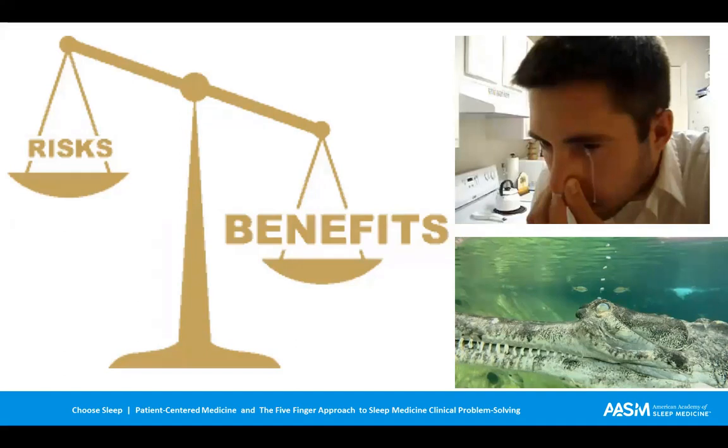For example, one patient was provided with AutoPAP 5 to 20 through a nasal mask, only to have the experience of retrograde airflow through the lacrimal ducts when trying to use the device. That's what the graphic's about. You see the crocodile with his air coming out of his eyes, and the gentleman above seems to be able to produce that on demand. But think about that for a minute. A treatment that you provide makes air come out of the person's eyes.